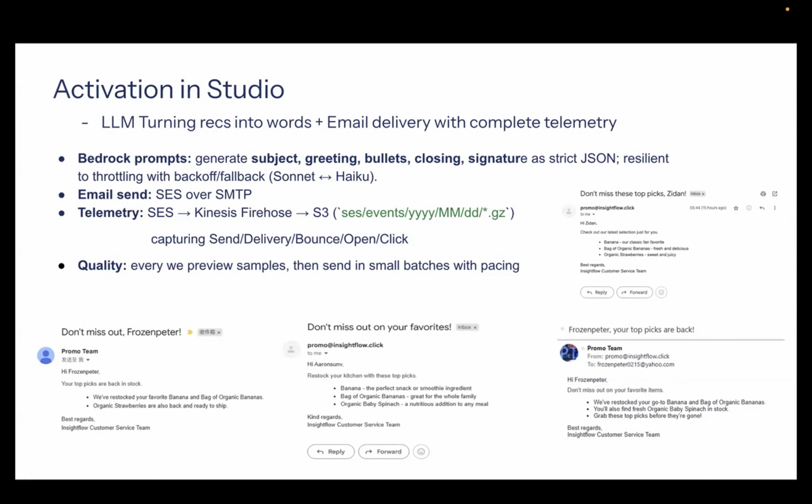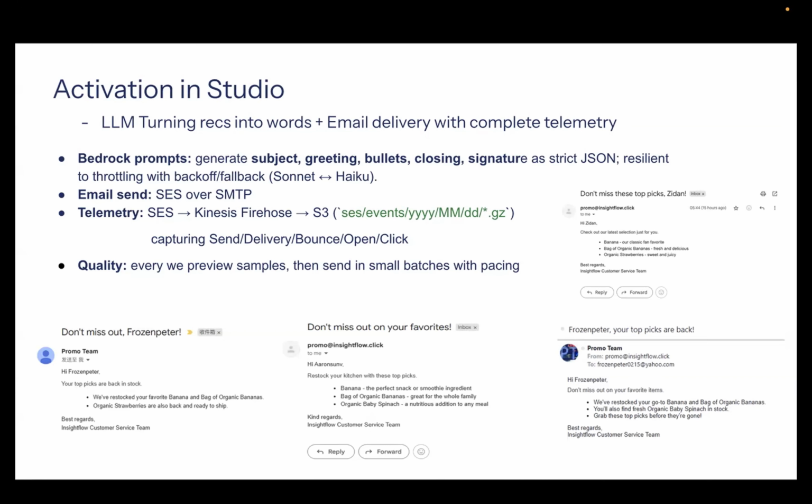For delivery, we use Amazon SES over SMTP, with a configuration set and message tag, which lets SES stream events via Kinesis Firehose to S3 by day, which gives us full observability. We added a list of unsubscribed heads and send-in-place patches, which allowed us to get quickly visible before it scales.